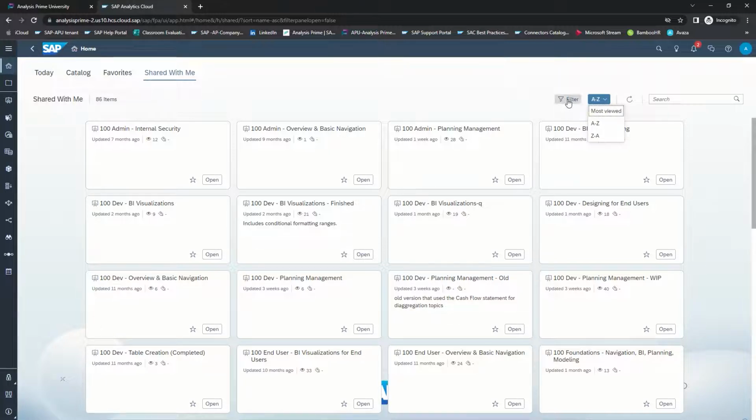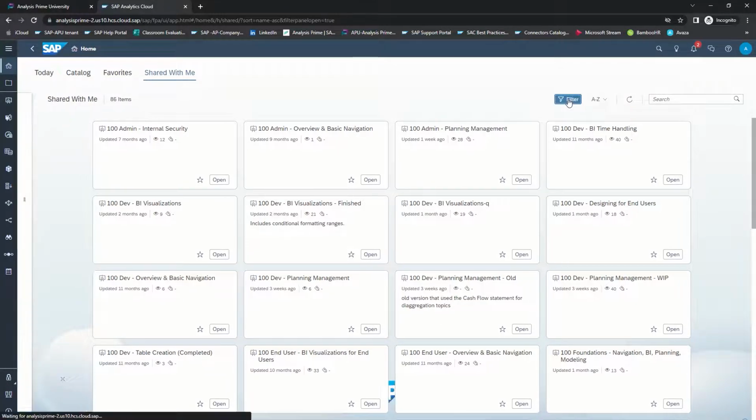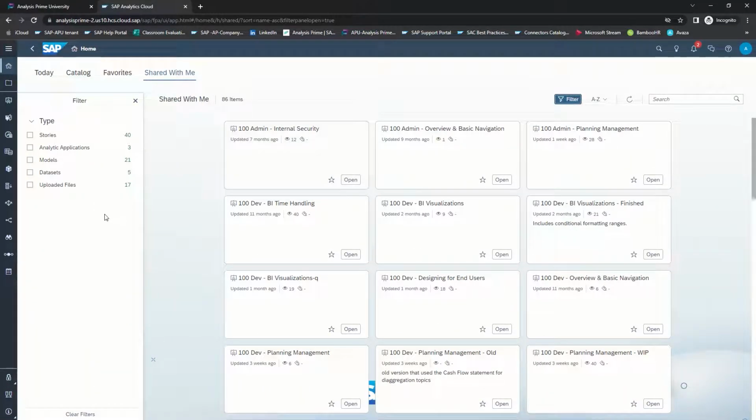I'm going to focus on the Filter tab, and when I click on that filter icon, you will see that it shows me that I have 40 stories, 3 analytic applications, 21 models, 5 data sets, and 17 uploaded files. So if I decided that I only wanted to look at my stories, I would click here, and now this Shared with Me page is sorted by only stories.